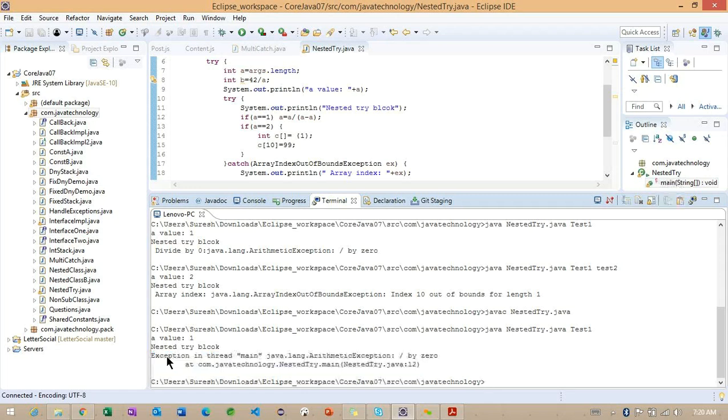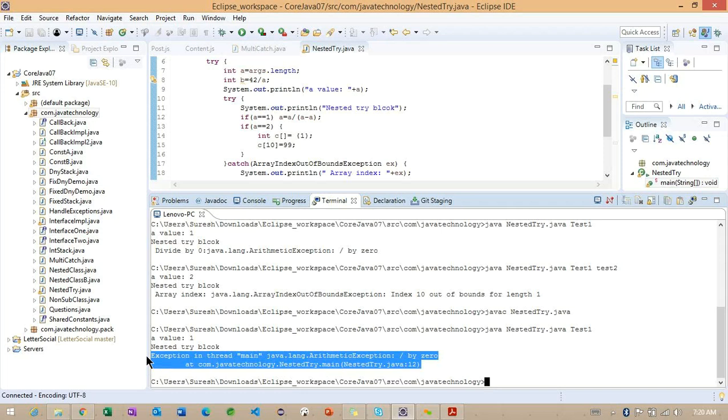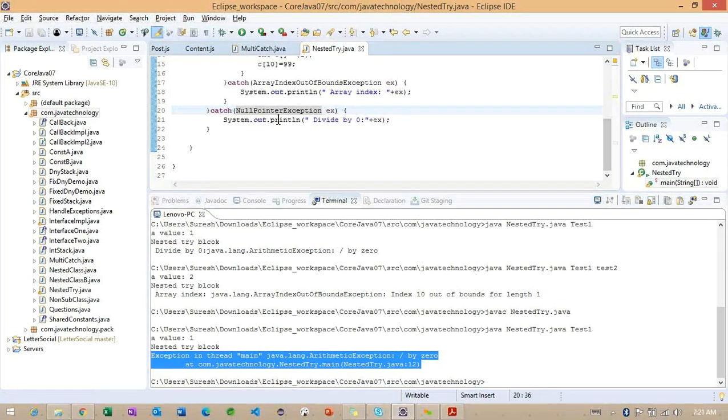Getting the point? You can observe, exception in thread main. Inside the main method, in the class named NestedTry, at line number 12, we are going to get an exception. This message comes from the Java runtime system because we don't have an appropriate catch block. Getting the point?